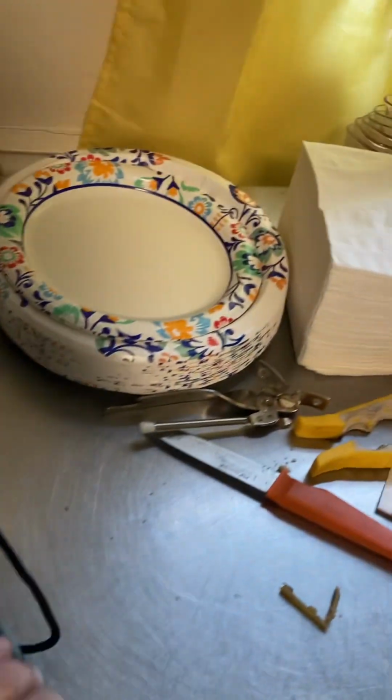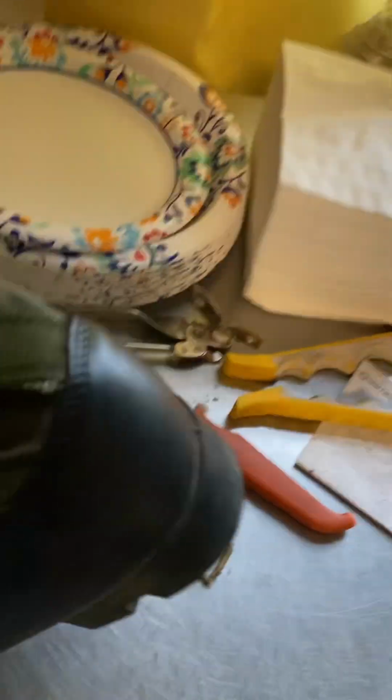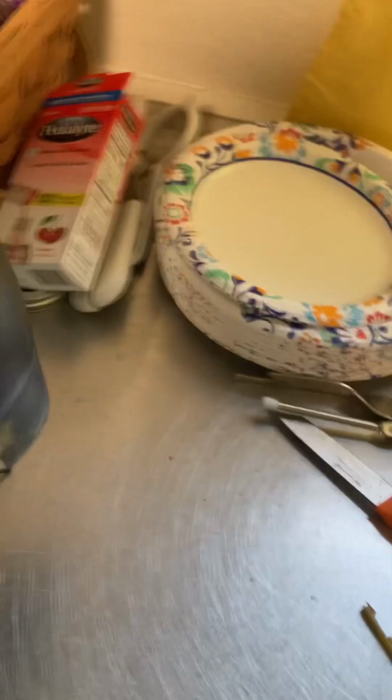Dr. Scholl's insoles, stuck them in. They do good on the heels. The heels are pretty well, they don't bruise up real bad. Your feet don't hurt real bad. But if you're like me and you walk and you're doing a lot of pushing to where your foot is flexed like that, then yeah, the balls of your feet, you're going to want to get just